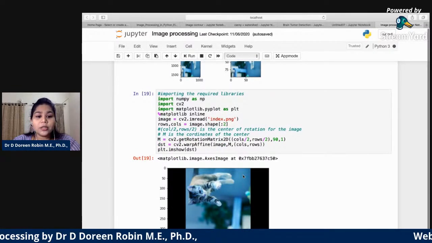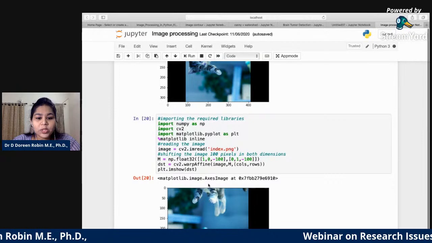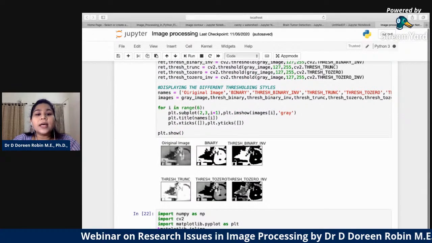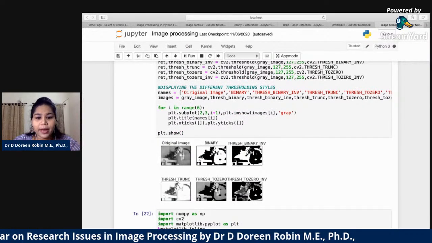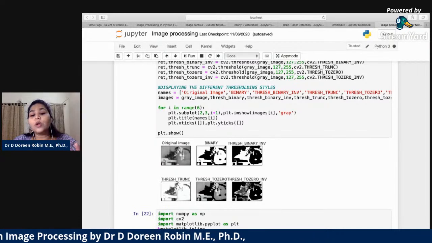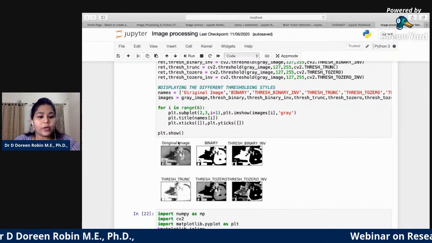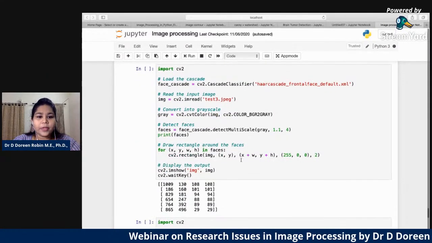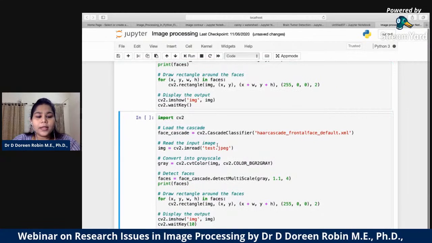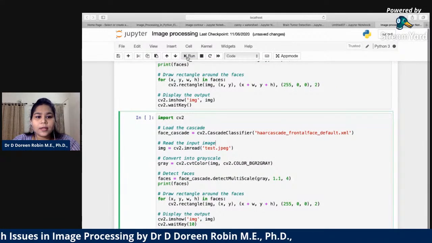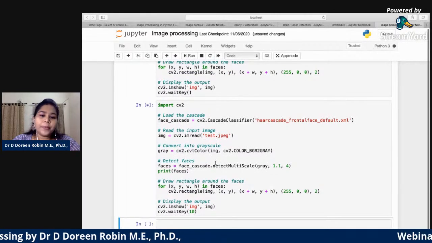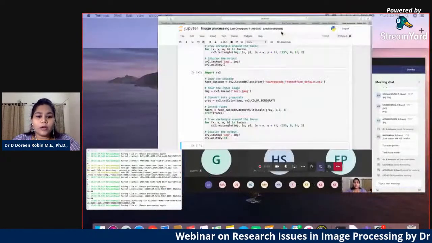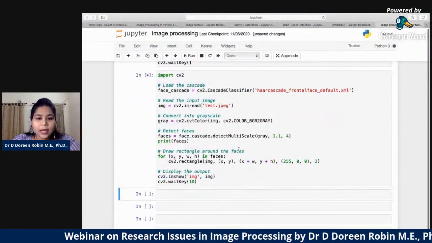We can do a rotation. And now I'm shifting it. If I want to shift the image, I can use this shifting of image, and these are the different thresholding. The same image, binary threshold. For binary threshold, according to your application, we should use whatever threshold. For this example, I've shown you all kinds of thresholds, and this is an example of Canny again. And this is an example of, if you want to detect my frontal face, only my frontal face, that it allows.